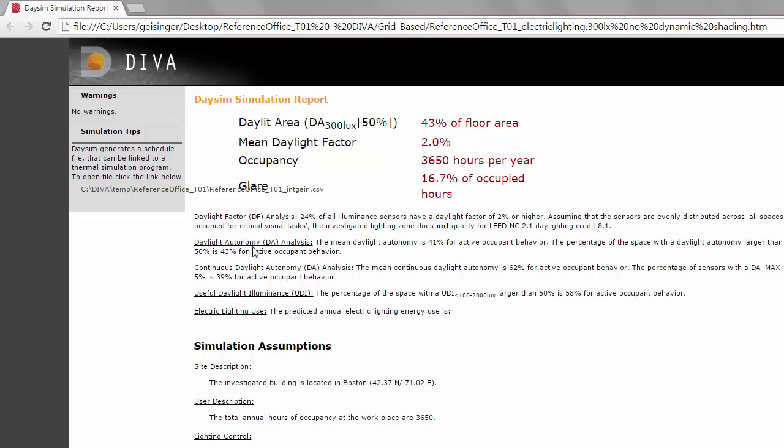Whereas the default daylight autonomy is really a kind of binary, where it gives no credit or full credit if the sensor point is meeting the target illuminance. And so here again it shows the mean continuous daylight autonomy. Since it gives partial credit for areas that are below the target illuminance, you'll see that the mean continuous daylight autonomy is higher than the